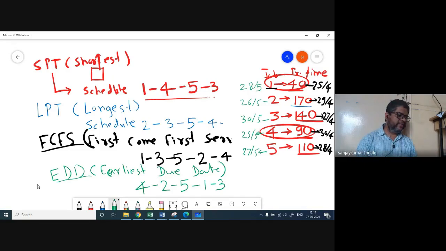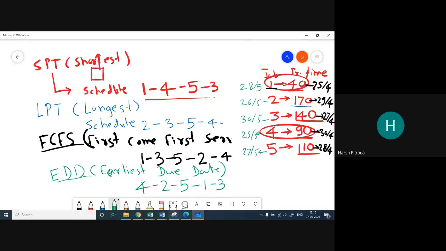So these were the 4 criteria that were given for this question. I hope now you will be able to solve such questions if they appear in the end semester examination. Is it? Yes. Okay.